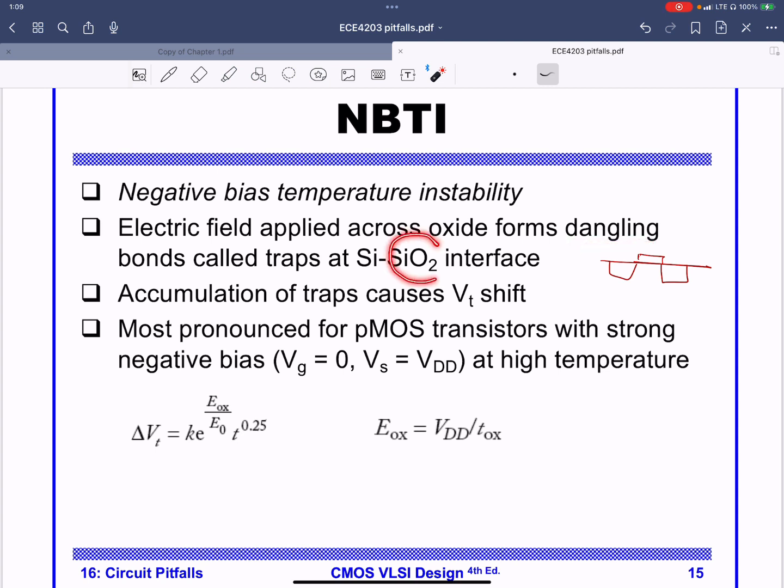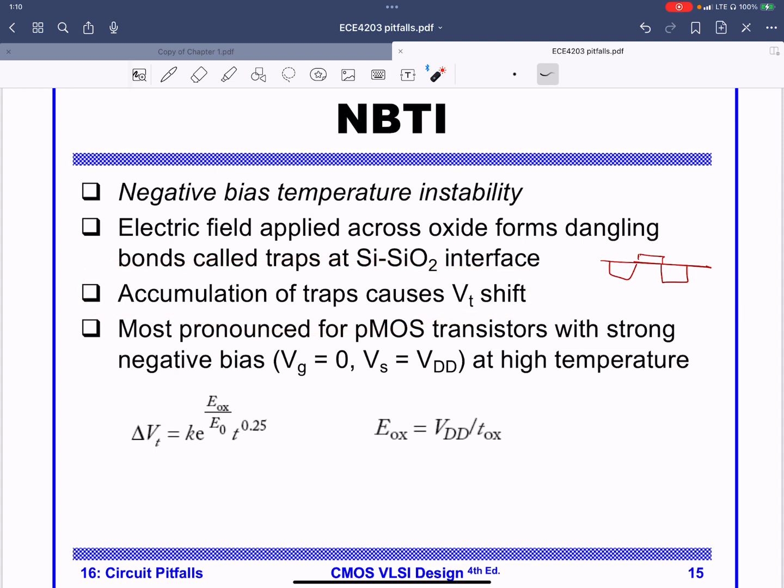On one side, you have silicon dioxide that can have a certain number of valence bonds, and on the other side you have silicon, which can have a certain number of valence bonds. Since those aren't matched, some bonds are going to be dangling in between, which will be trapping electrons or holes that come by. The temperature and the electric field can increase the number of those traps,